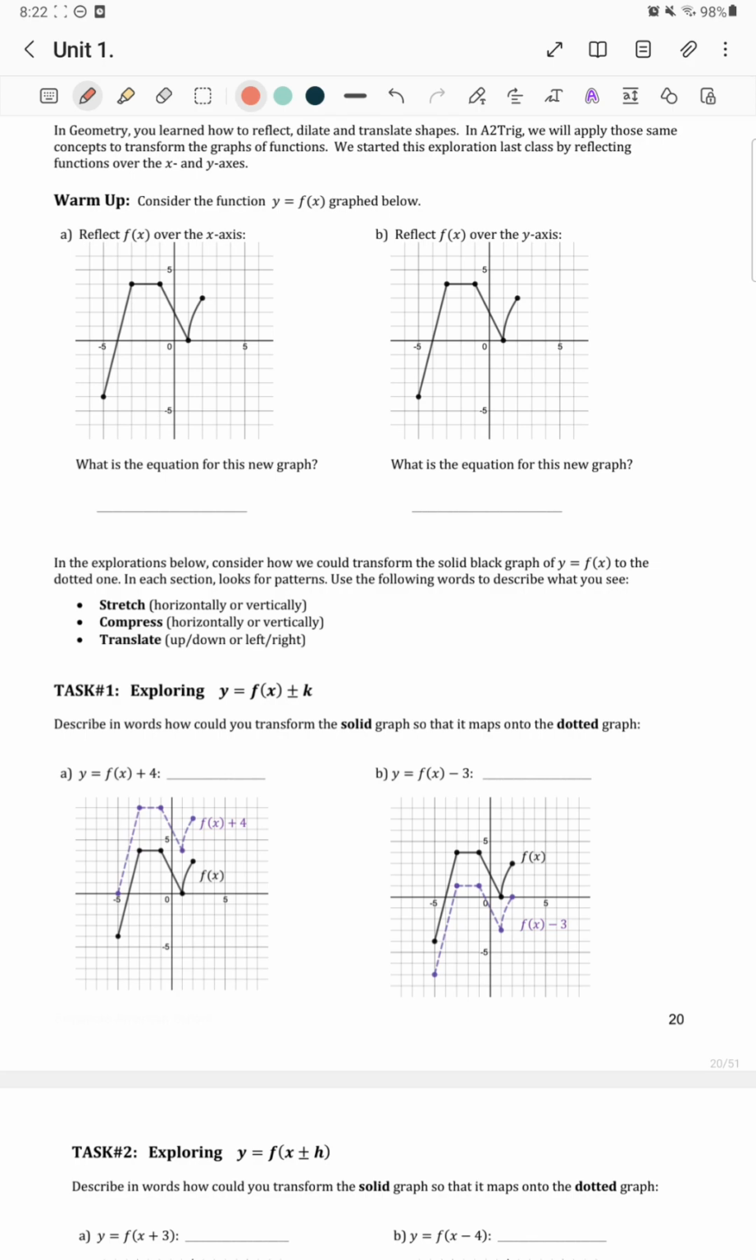Consider the function y is equal to f of x graphed below. Reflect f of x over the x-axis. So how are we going to reflect the graph over the x-axis? This is what we have already done in our last video, and we have already learned how to reflect the graph over the x-axis and over the y-axis. So to reflect the graph over the x-axis,